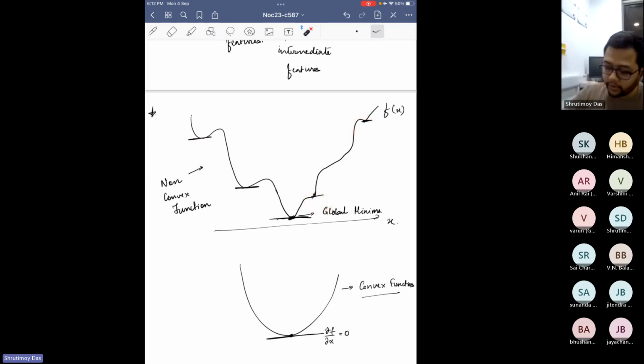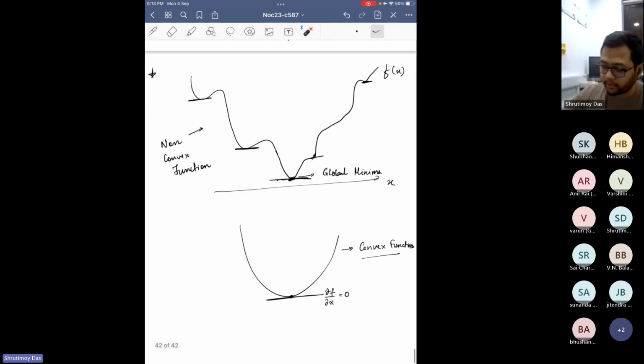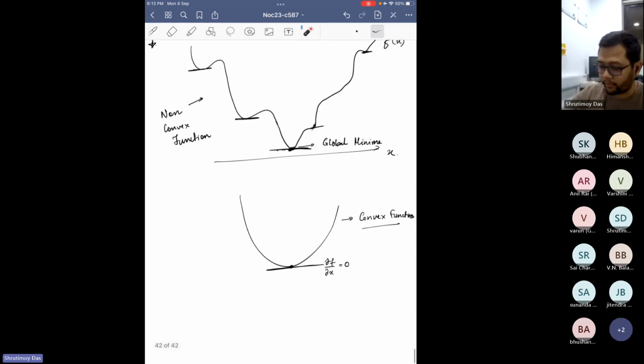But if you are running some algorithm to find the minima, it is possible that you can get stuck here, because your algorithm will see that you are at a place of zero derivative or zero slope, and it will assume that you are at a global minima. However, that is not the case. The global minima is actually this. So it is not easy to find the global minima, because in some cases there can be a huge number of local minima. You do not know the form of the function. If your function is something of this sort, you cannot know which one is the global minima